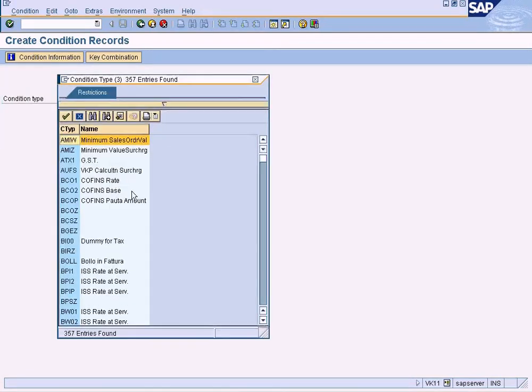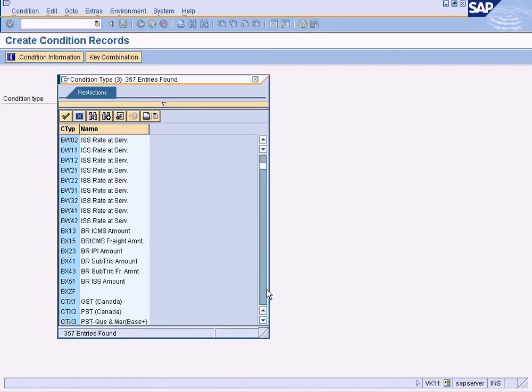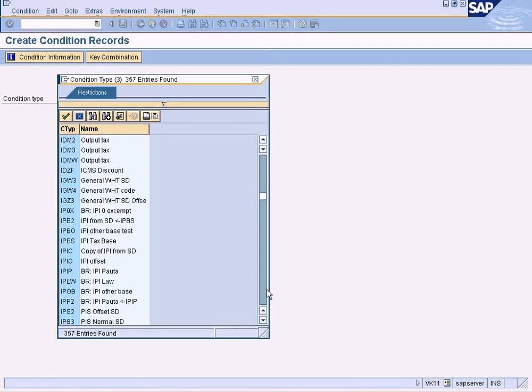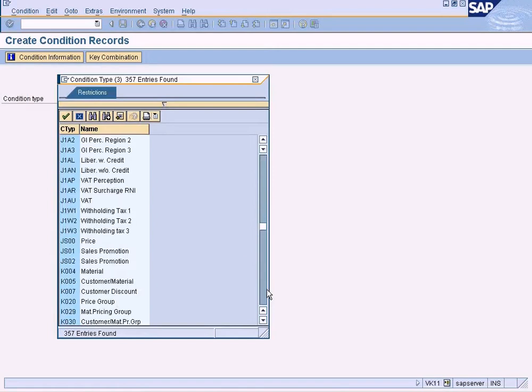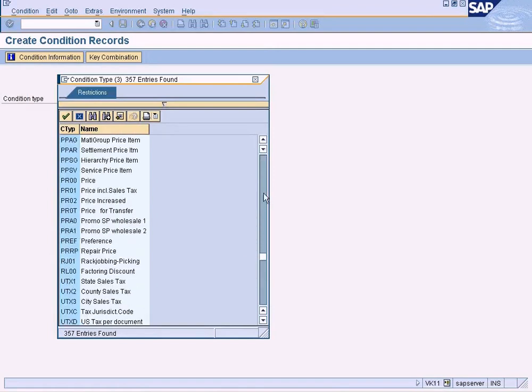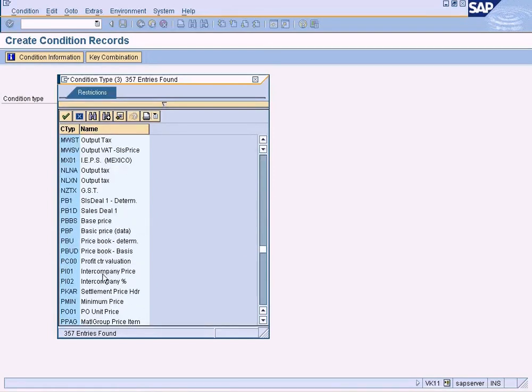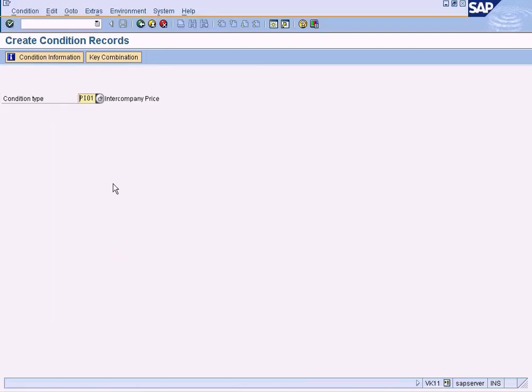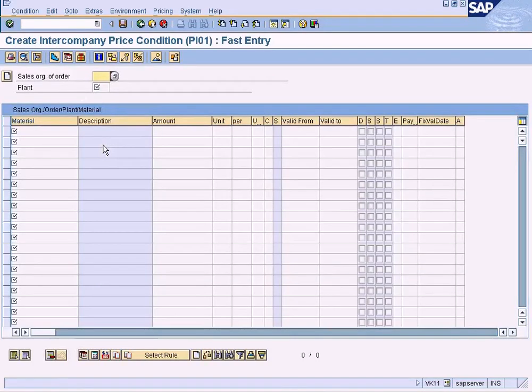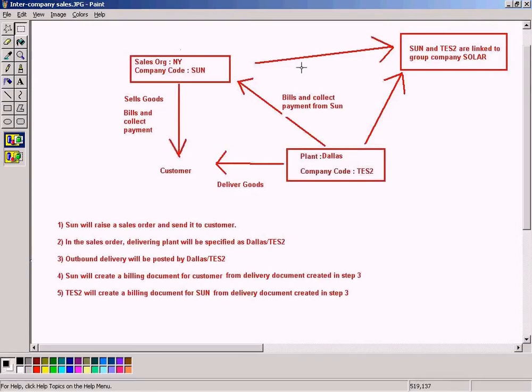You must use the select using condition type and create and choose PI01 here. All the condition types will be available here, so it's not a problem. PI01 will also be available. Intercompany price, press enter. Sales organization of order is New York, plant is New York, plant should be Dallas,